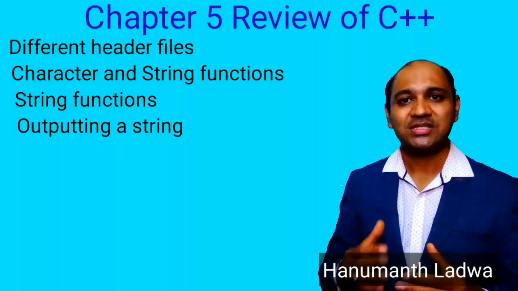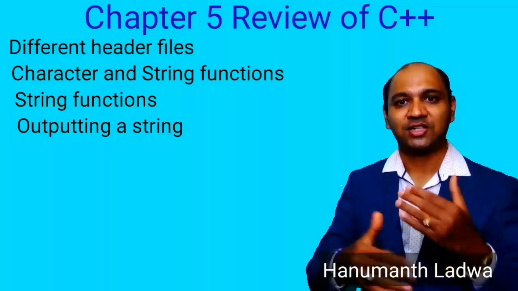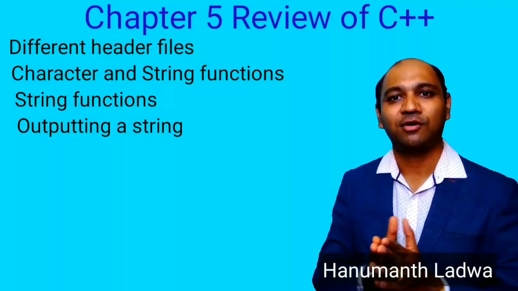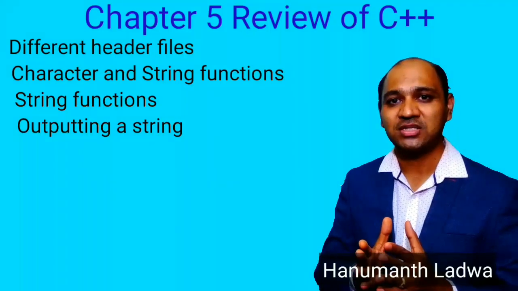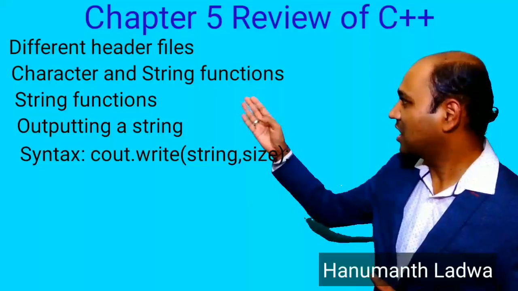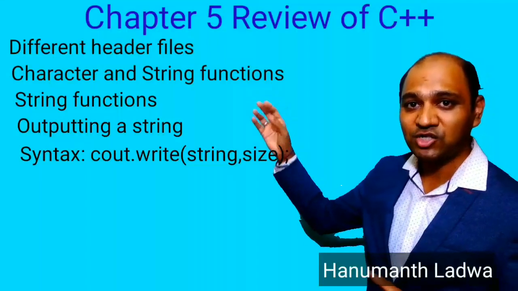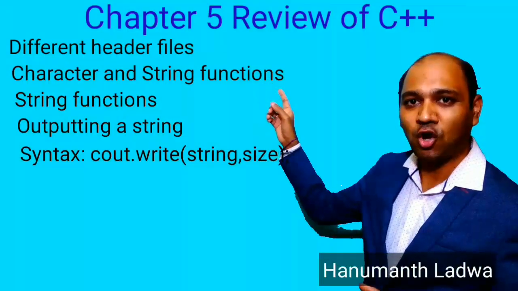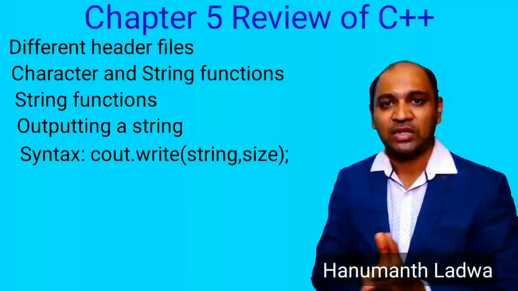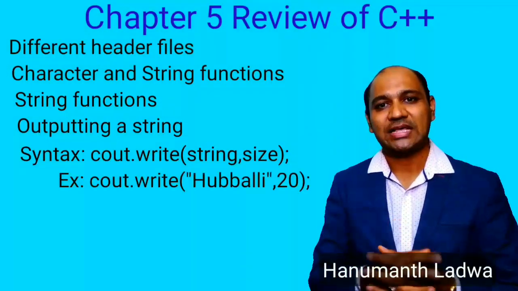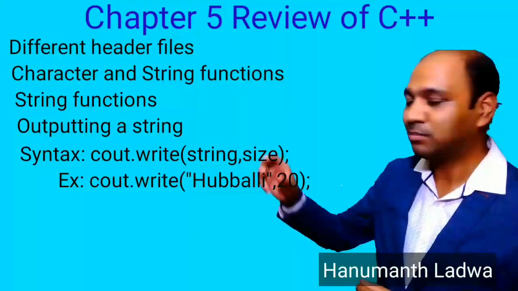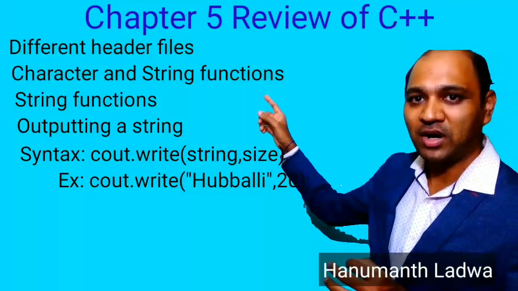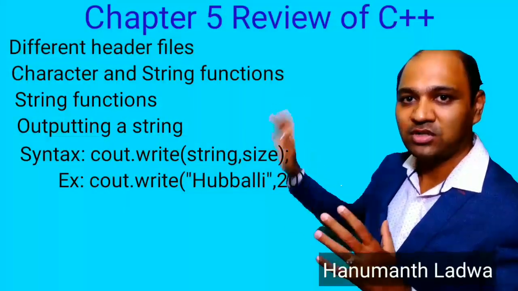Outputting a string. Once the string is inputted, it has to be displayed onto the console, that is onto the monitor, in the form of output. So how to write it? Let us take the syntax first. We'll write cout.write, where write is a function which is used to display the string. Inside the round brace we write string, size; Now let us move on to an example. Here we will take the same example, cout.write("Hubballi", 20);